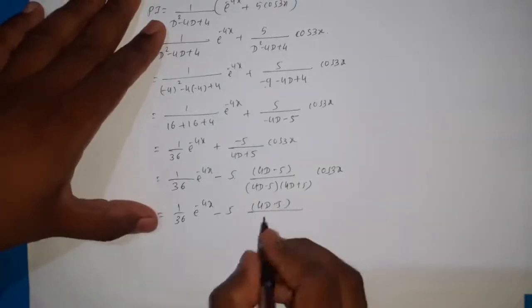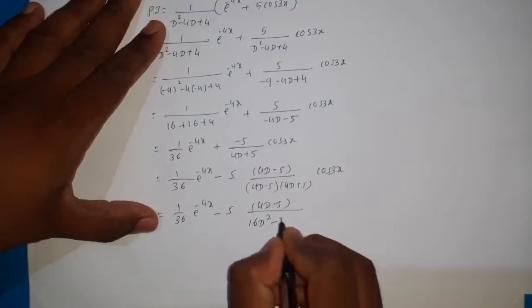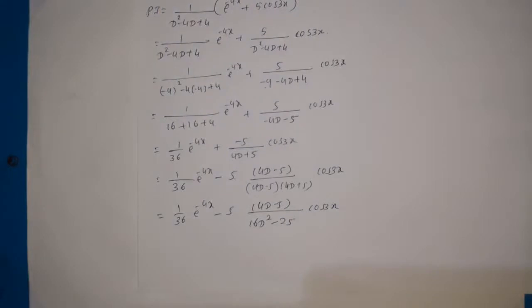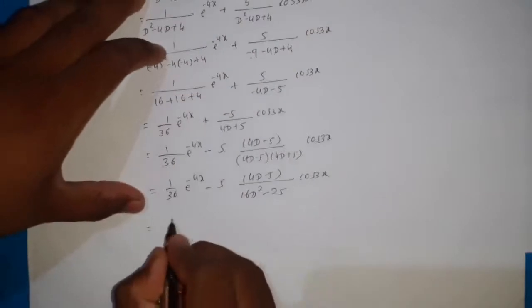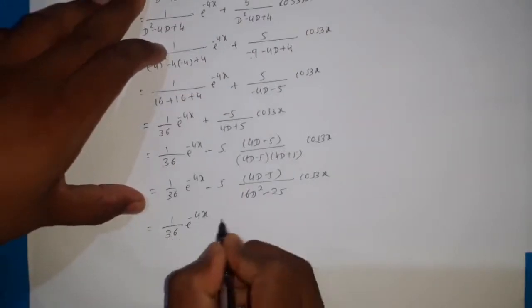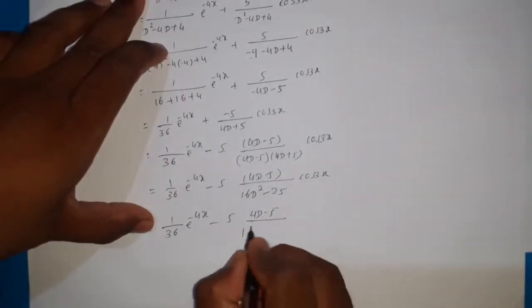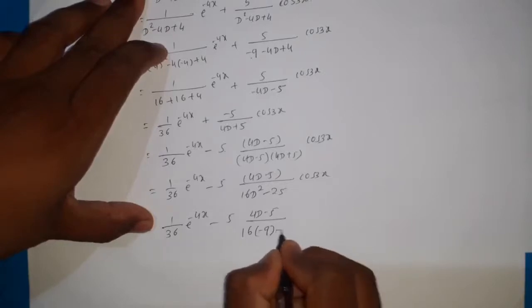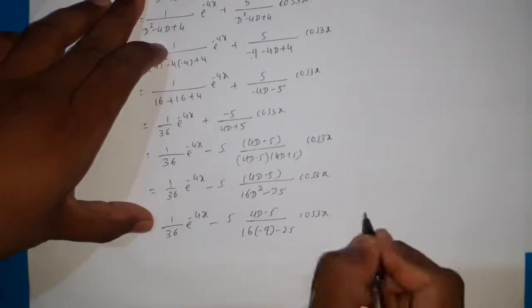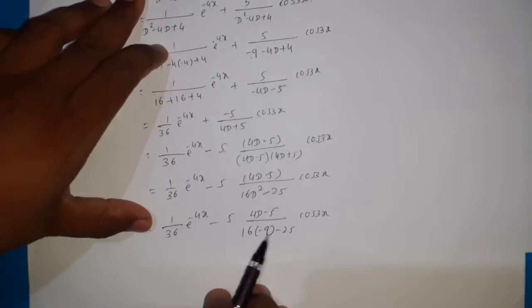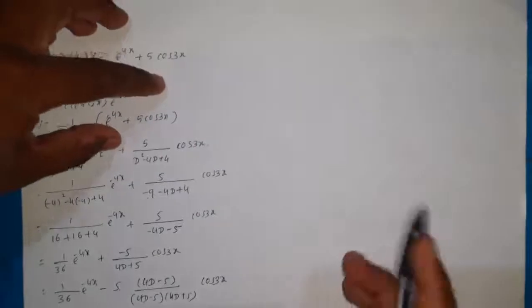as it is, and in the denominator it becomes 16D square minus 25 cos 3x, because a plus b into a minus b form. Then this is equal to 1 by 36 e power minus 4x minus 5 into 4D minus 5 divided by 16, D square is minus 9, minus 25 cos 3x. Then here, now this total becomes minus 16 into 9 and minus 25. So now this is equal to